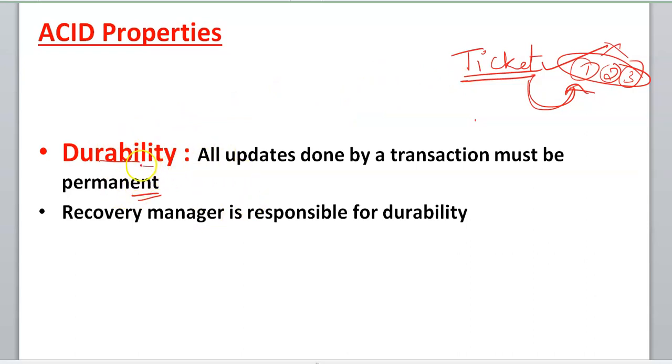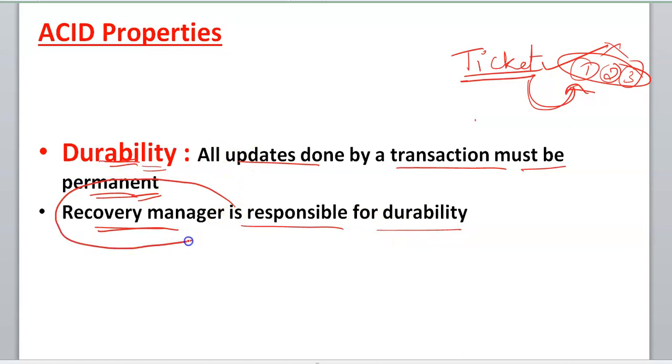Okay, so durability is nothing but whenever a transaction is done, that transaction should be done forever. It should be permanent until and unless you do some other update for that transaction. Until and unless again there is some update from your side, the transaction should remain the same and that update which is done earlier should be permanent. So that is about durability. So all updates done by the transaction at a particular point must be permanent. And who is responsible to make sure that the transaction is durable is your recovery manager. Recovery manager is responsible for durability. So one part of an application program called recovery manager will take care about durability in the transactions.